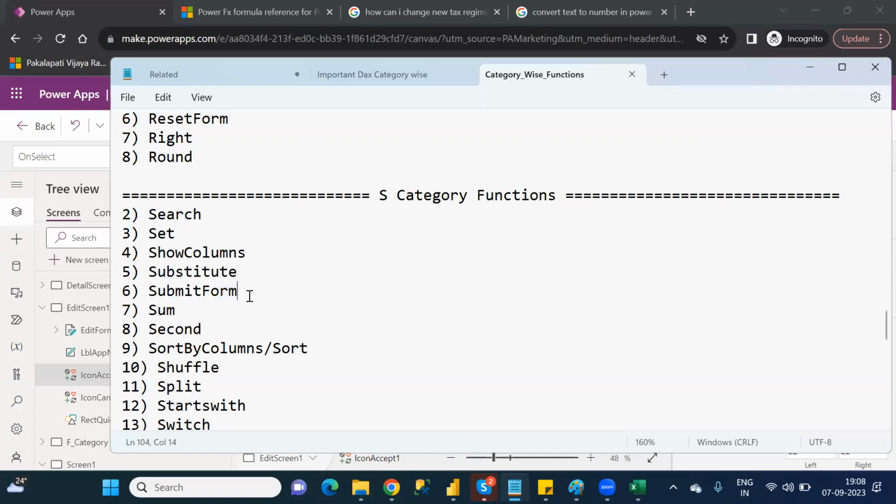Is it clear? Anyone having any doubts? Okay. Next one is